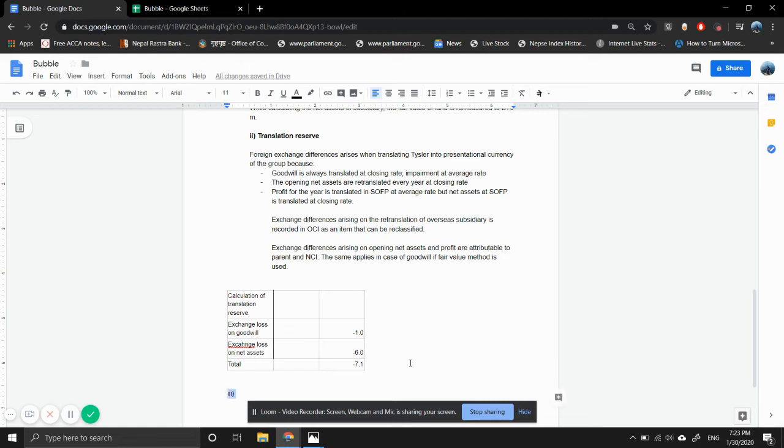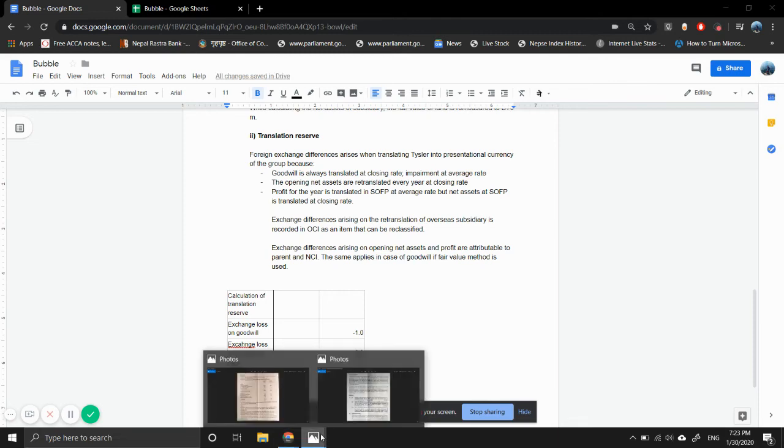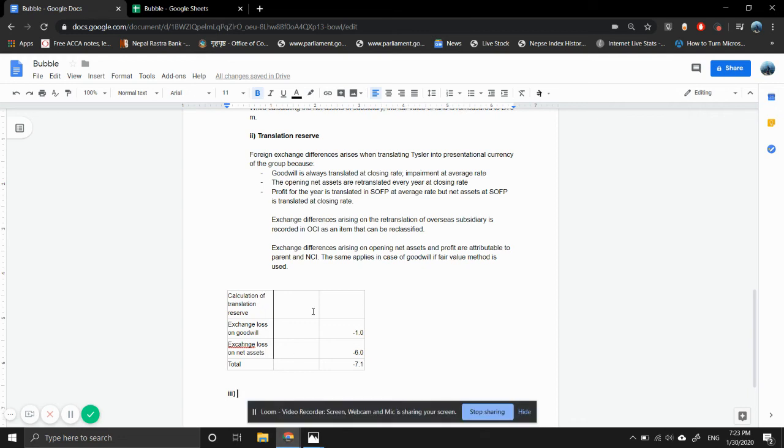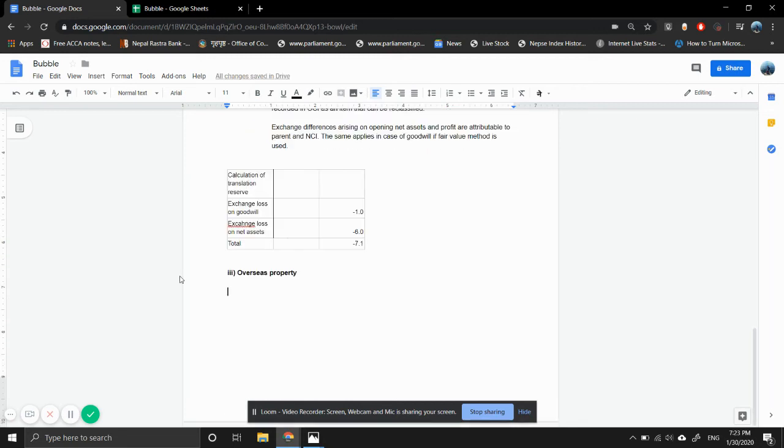Third question will be about, what is it about? Overseas investment. So advise the directors of Bubble on how to correct the accounting treatment of overseas property. So, overseas property. So what has happened with this overseas property